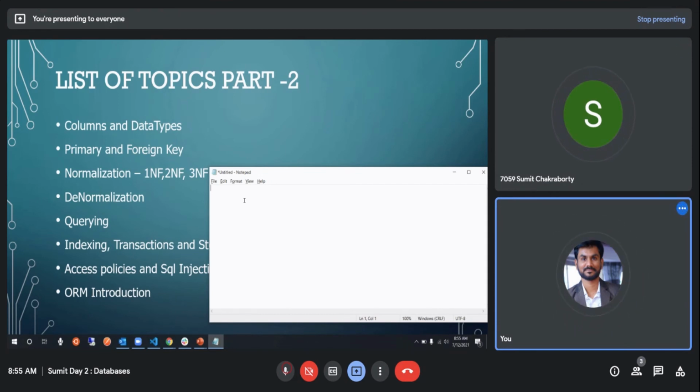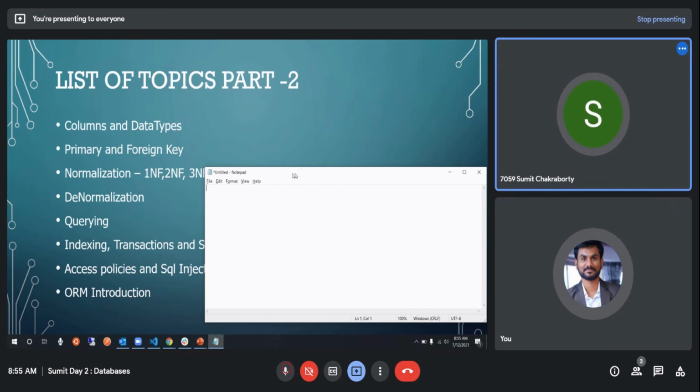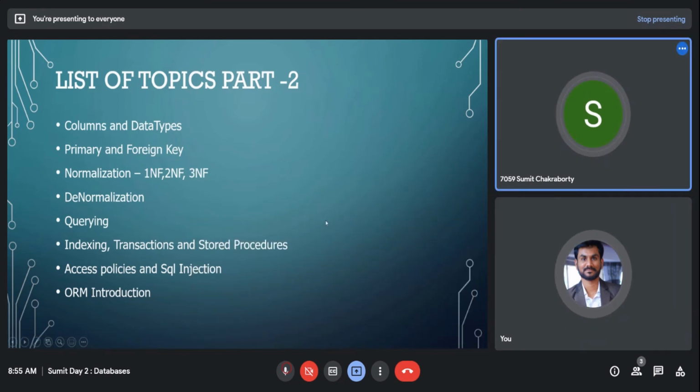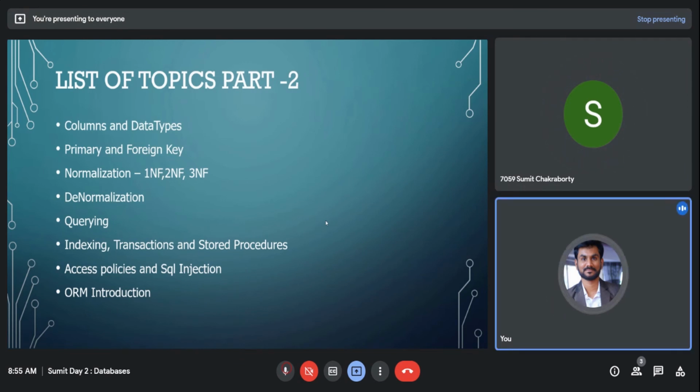So instead of that, why not add the total value in the main table itself, the orders table itself? Something like that. So denormalization is something where you add certain information in your table at the cost of consistency. The speed of the queries will increase, but your tables will lose consistency.